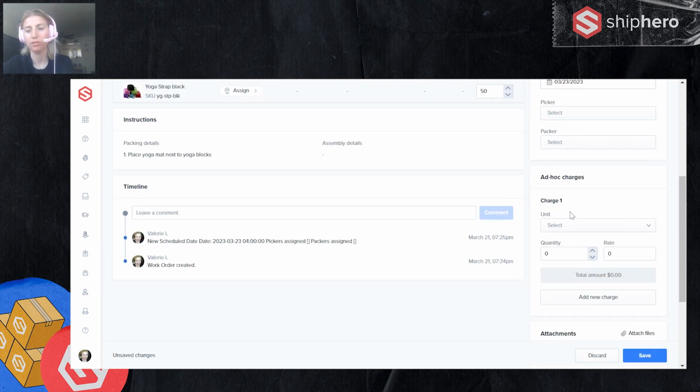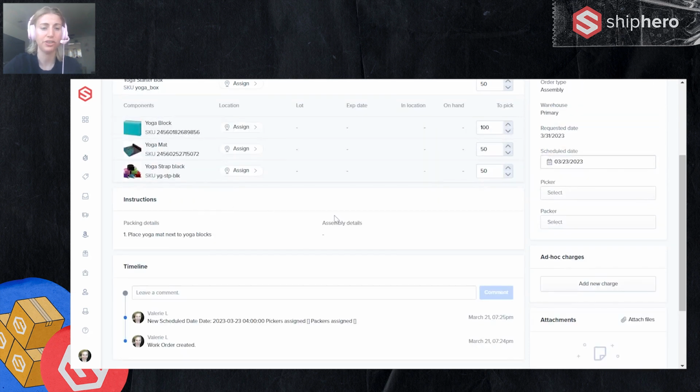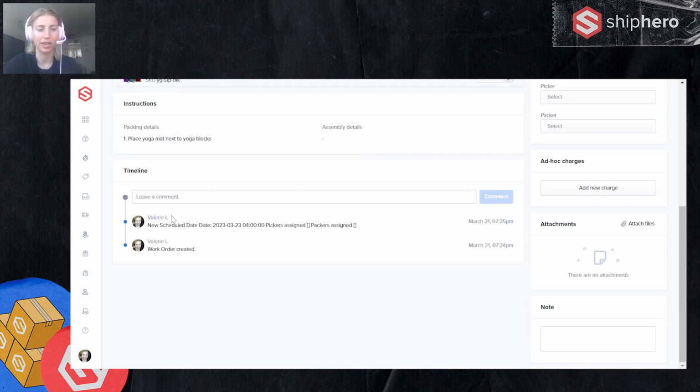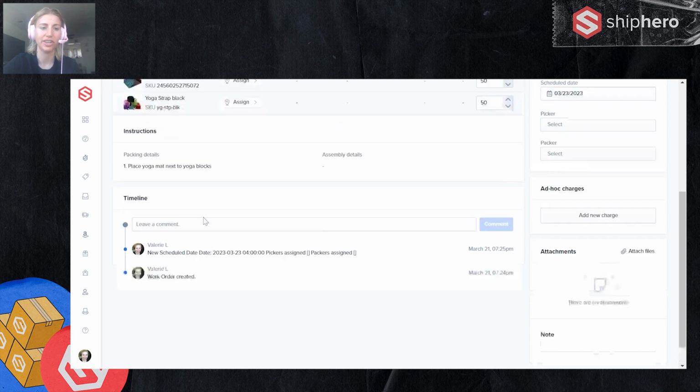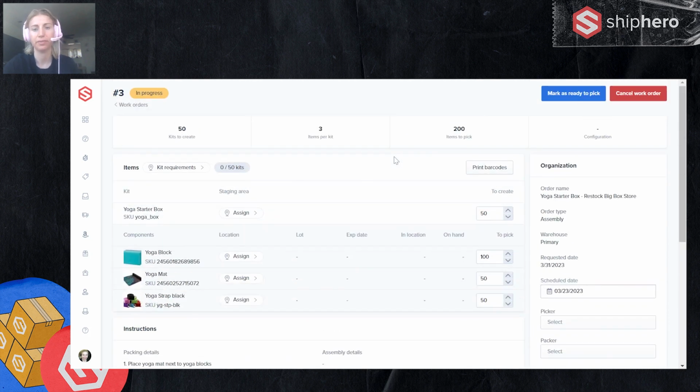As a brand account, you can use this to simply track how many man hours you spent and how much time. This doesn't currently link to a specific billing, but it's visible for you to see if you want to just internally track how much time. You'll see your instructions and then a timeline which tracks all of the progress done on your work order.